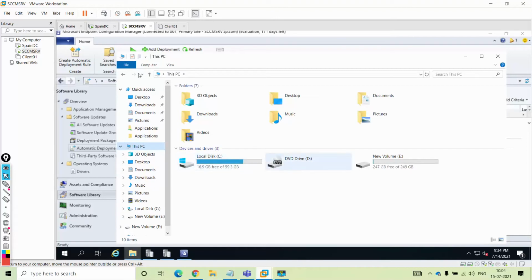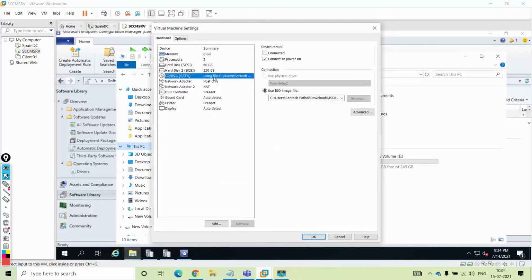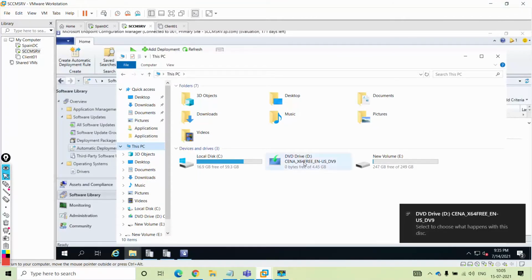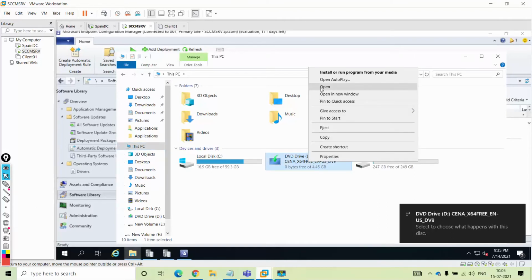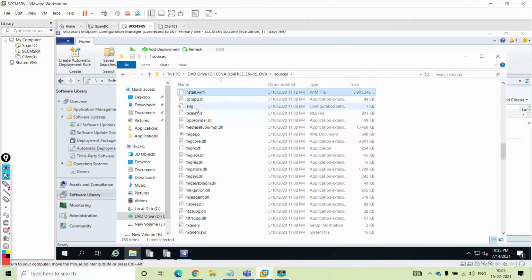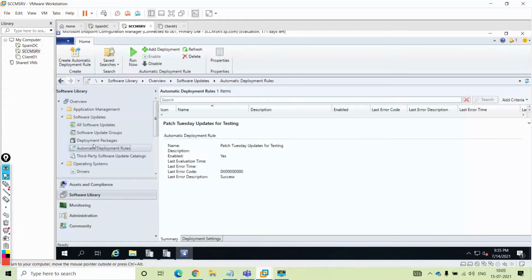It is not inserted. Right, so I have my Windows 10 DVD drive. I'll open it, go to sources, and we need install.wim. Right, this is my install.wim. I'll close this and import the operating system.